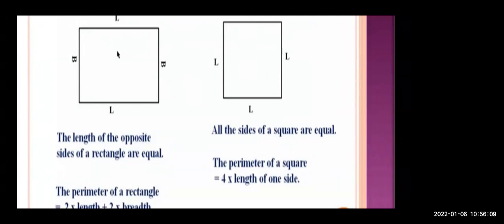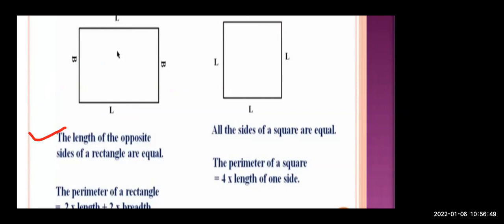Okay. Now first we are going to see the rectangle. Now this is the shape of a rectangle. I have already told you, it has length and breadth. यहाँ पे भी breadth है तो यहाँ पे भी breadth होगा, नीचे भी length है तो ऊपर भी length होगा. The lengths of the opposite sides of a rectangle are same, are equal, are congruent. This is what you need to remember in your mind.